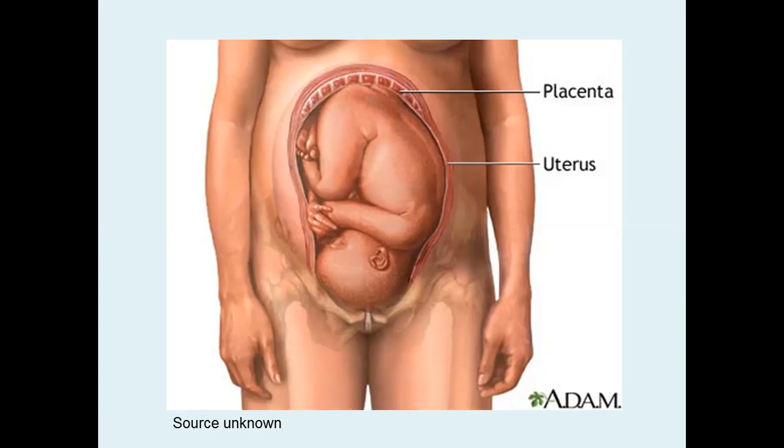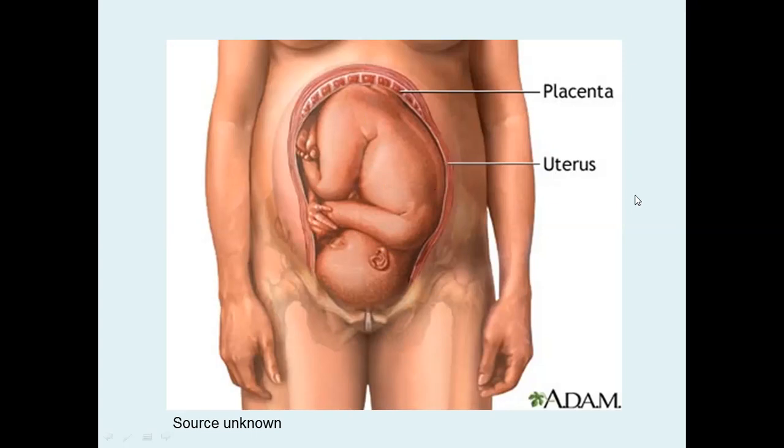Now, if you think about it, and you think about swimming forwards through water, the body is streamlined. In other words, this is a narrow part, and then it gets a little bit wider, and then there are the legs. And you can't have a baby trying to be given birth to if it was the other way around. If the head was up here and the two legs were down there, because one leg would get stuck over here and the other leg would get stuck over here, and it's not going to slip out easily. It doesn't slip out easily at the best of times, but certainly if it is not head down, it doesn't